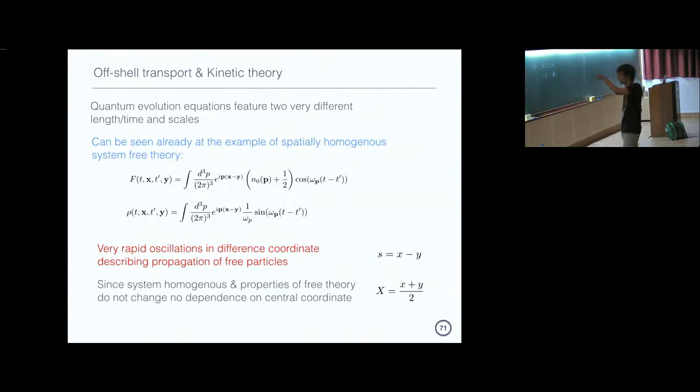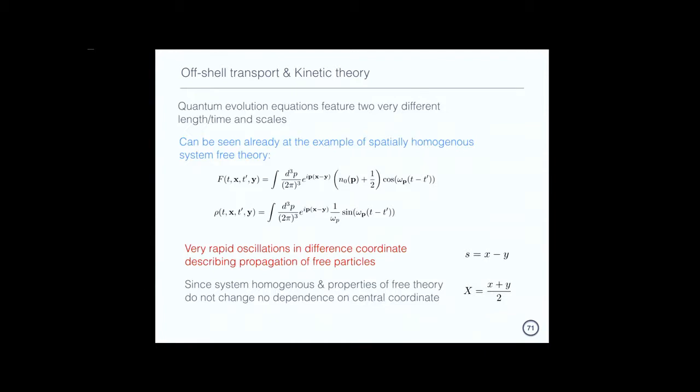So it's somehow rapidly oscillating in the difference time, but there's no dependence on, well, if you want, the center of mass time, which is the average of these two time arguments. And so that's characterizing where I am on average, whereas the other thing is just measuring the correlation function between two different points, somehow keeping the average point where I measure it fixed.